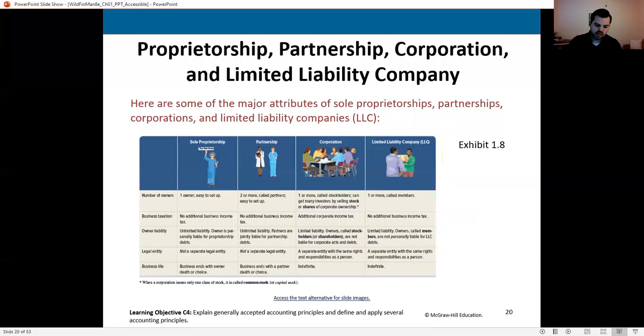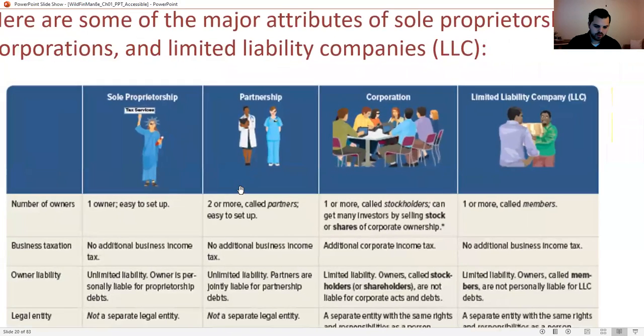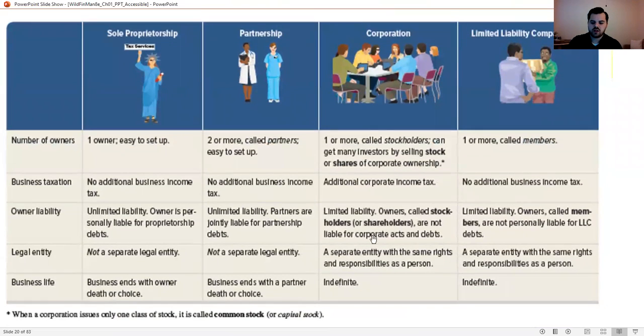Now, several different types of organizations we want to talk about here. So I'm going to go through this fairly quickly. This chart is in your textbook, though. I do recommend you at least be familiar with it. I'm not going to have you quote it, but I certainly do like asking questions on the different characteristics or giving you situations where I lay out a company structure and ask you which type of company I have described or which type of organization. So the first of these is a sole proprietorship. The key word here is sole, one, uno.